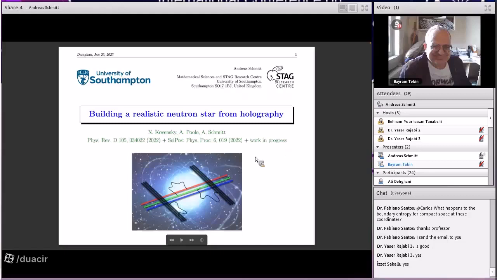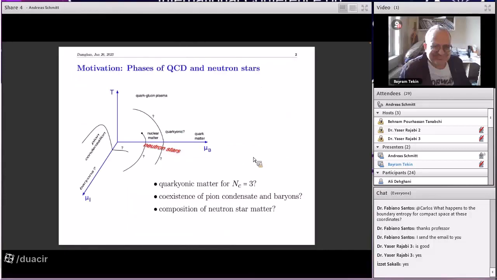So when I talk about neutron stars, most of you will be familiar with them. So what's the theoretical context? When we are talking about the interior of neutron stars, we're talking about dense matter, which is governed by QCD, by the strong interaction. So let me put this talk also in the context of some theoretical questions about QCD,